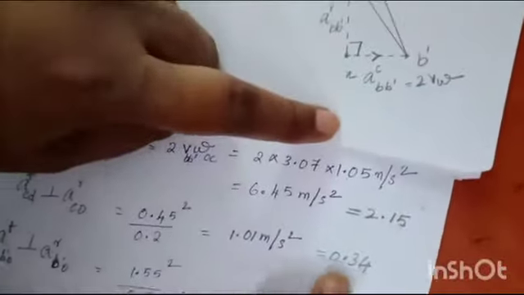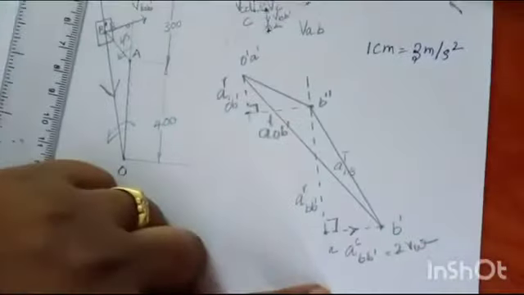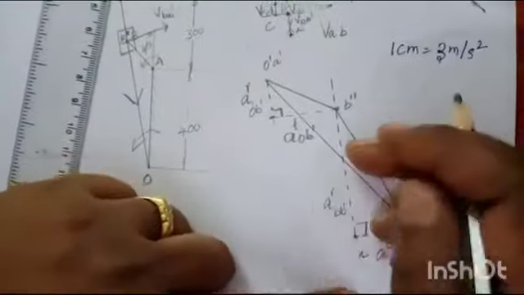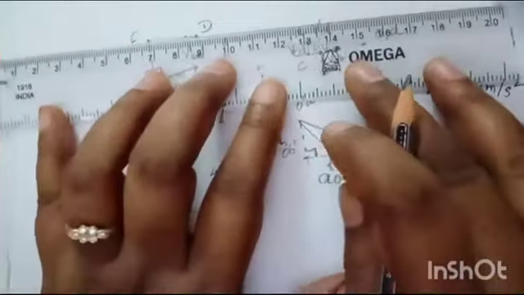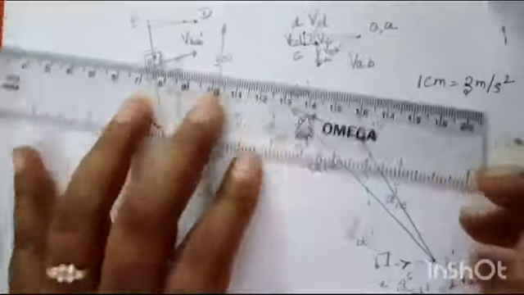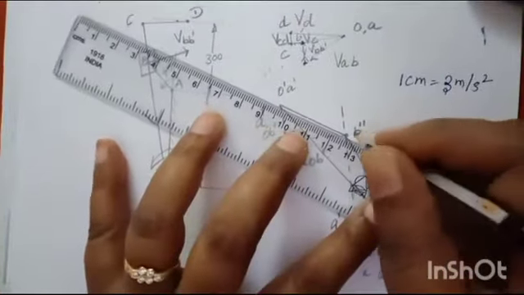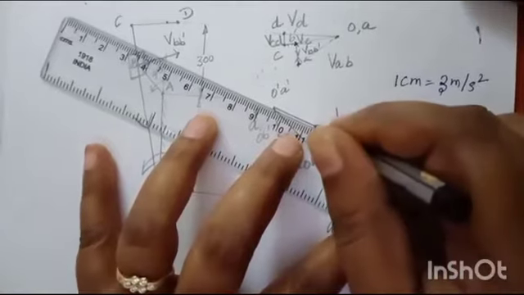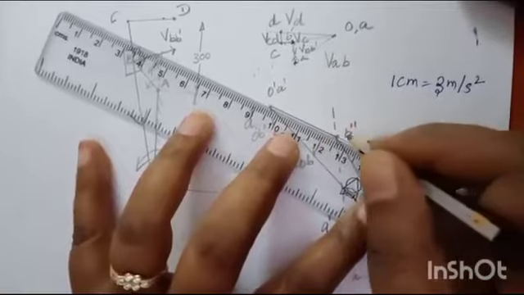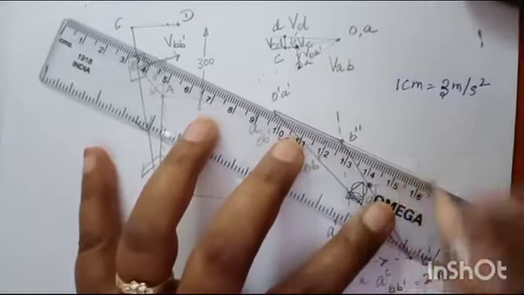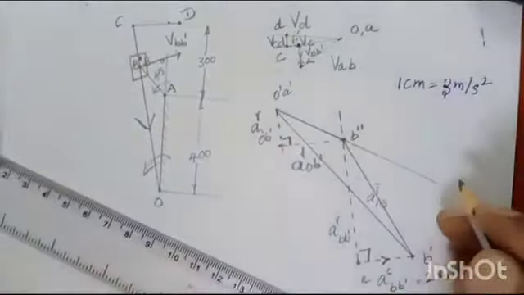Now come for the CD. a_r CD I have again, 3.34 meter per second square with respect to the scale. So for the CD take a parallel line. Before that, you just go here: B double dash always exists in the slotted OC line, so you simply extend this line as it is, because B double dash exists in the slotted OC. So the C point you need to take it along OC.